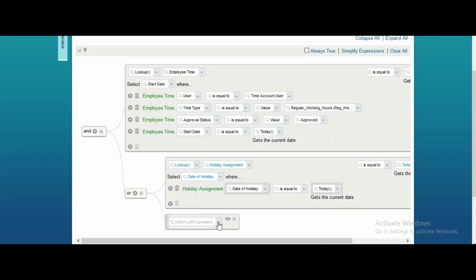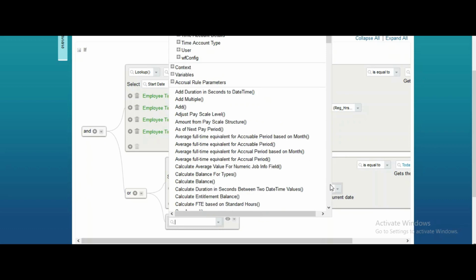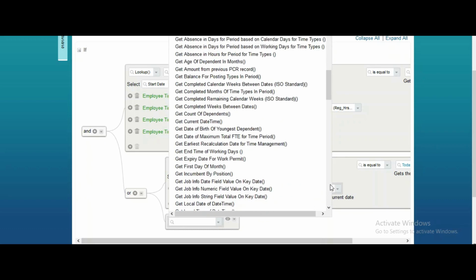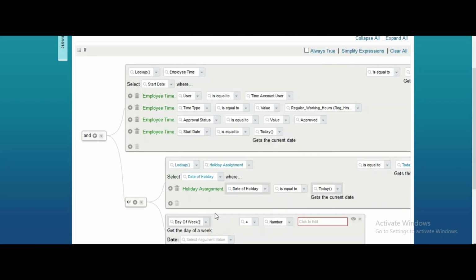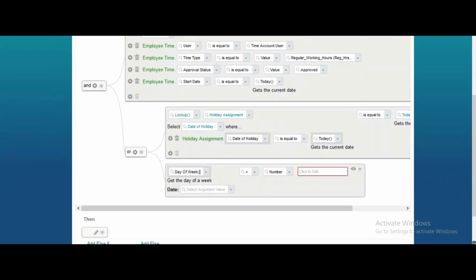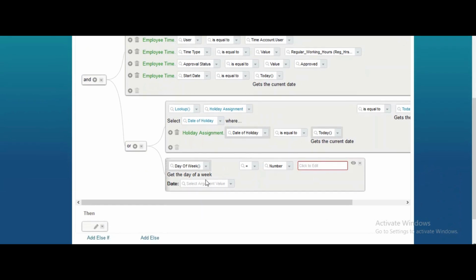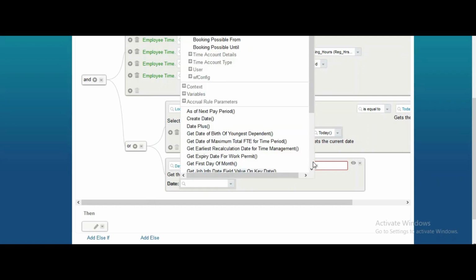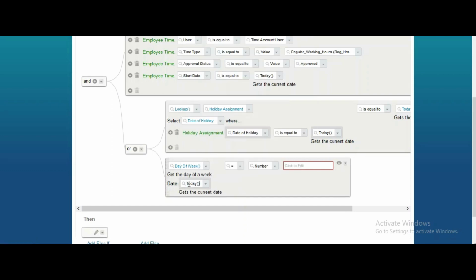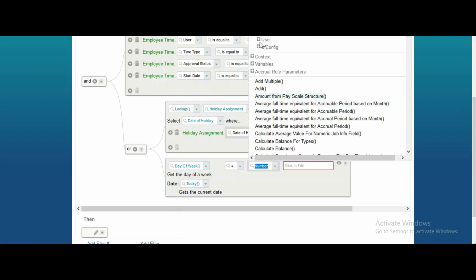Let's avoid the confusion and do it here. To apply that, we have to apply one function here, that is day of week. Basically it will return the number of the day in that week. So if it is a Monday, it will return 1. If it is a Tuesday, it will return 2. If it is a Wednesday, it will return 3, and so on. And that day should be today. Based on today, it will return this value. And if today equals that employee's